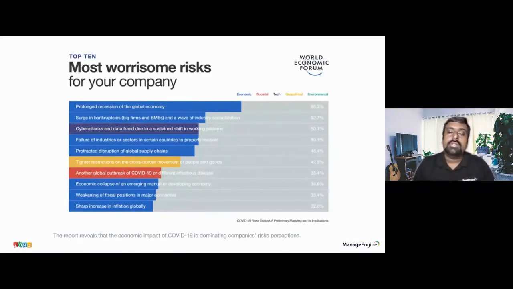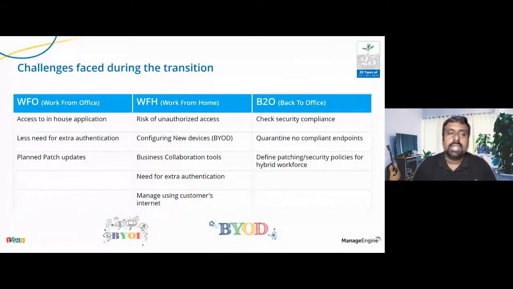If you look at it, 50% talk about that in the World Economic Forum. So as IT administrators, we also had a lot of challenges during this transition from the office into the work from anywhere culture. I'm probably not going to go into detail on every aspect, just giving you an overview of the different challenges. It's important to understand the challenge first in order to take in the solution. So I have just generalized the different challenges that usually come because of this transition.